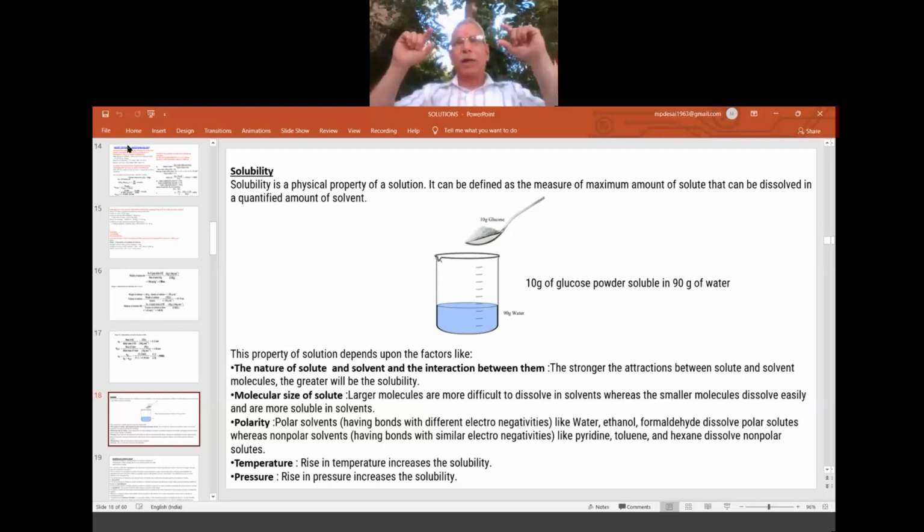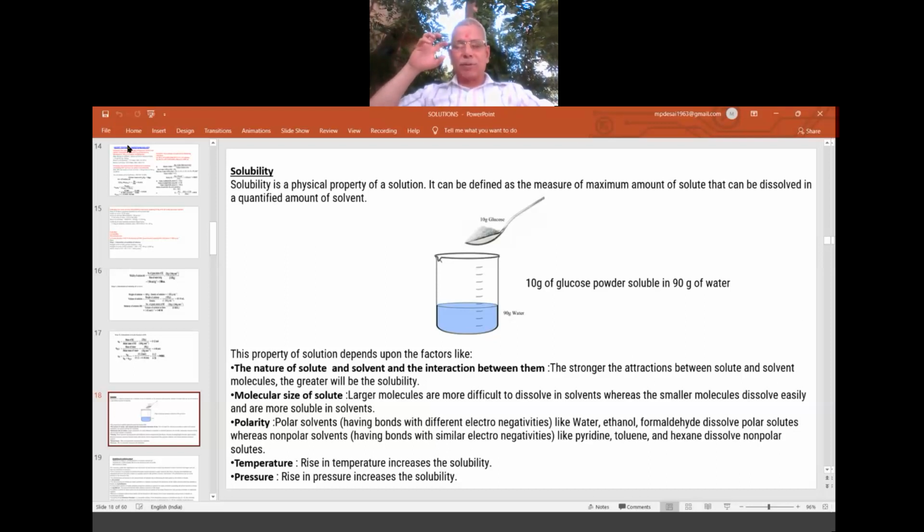So 100 gram of water is taken in 2 glasses. In one glass you add common salt, in another glass sugar. So you will come to know in 100 gram of water, that is the solvent, which one is soluble more. On that we conclude that this chemical, whether sugar or sodium chloride, you should do the activity. So this is soluble more than this. So to know the solubility of a particular chemical, first we will fix the amount of solvent.